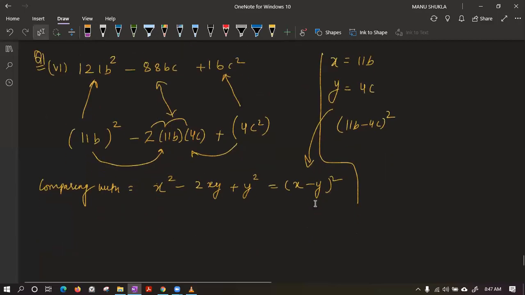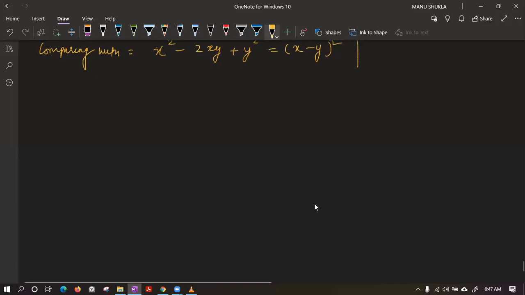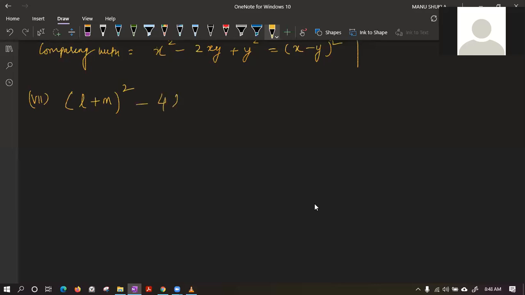That's it. And now the doubt by Vardhan, that is the seventh part. Let us see that also. Vardhan said, sir, this question is a little bit complicated. What to do? See, in the starting, I can do nothing. We cannot take anything common because here we have a square on this L plus M. I cannot use anything. So what I have to do is simplify first and then factorize again.